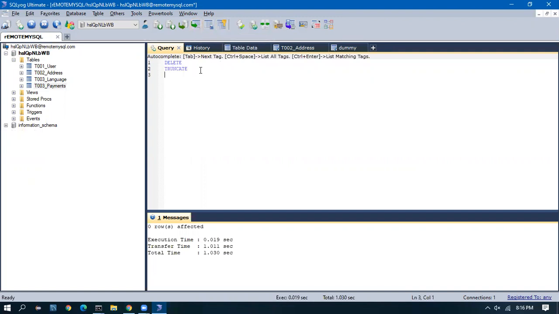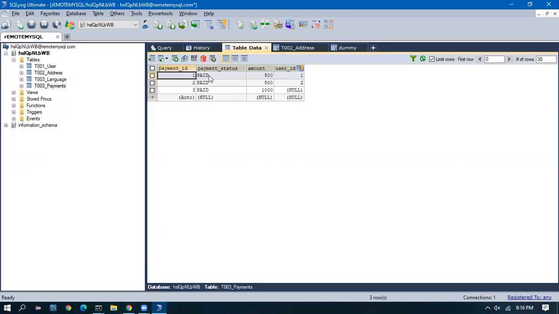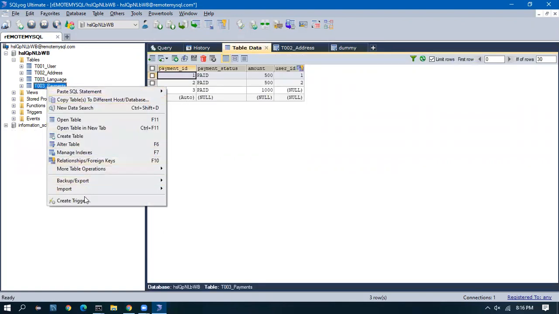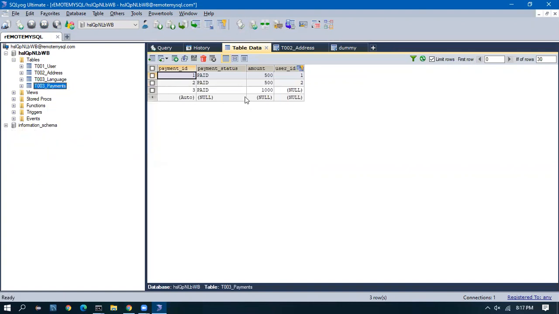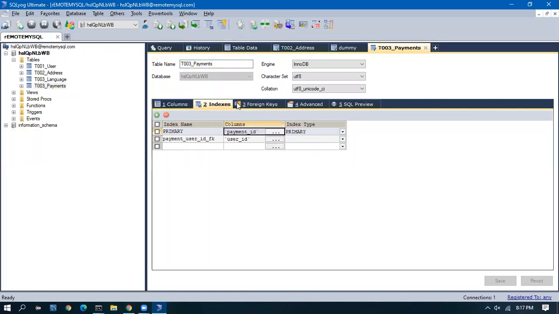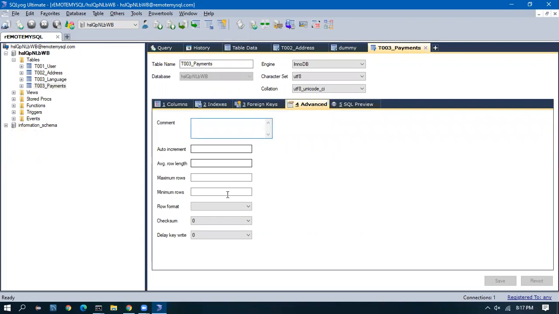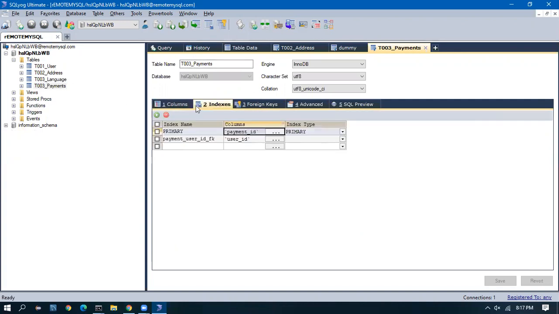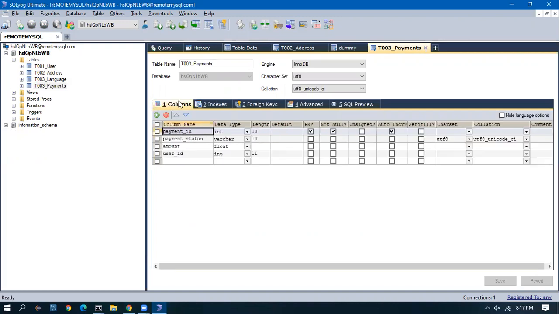The only difference is, if we see this table, alter table, if we go to the keys, indexes, foreign key, advanced. Okay, if we see here, this table does not have a primary key. Okay, let's create one. Primary key, whether it is auto increment, yes.